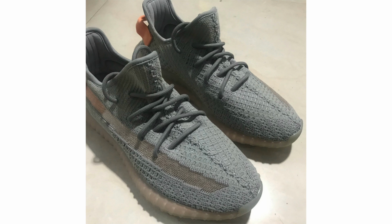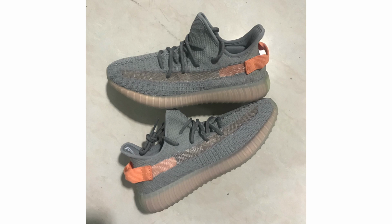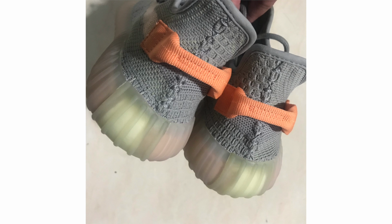shoes, they feature a dark shade of gray across the upper, and then we have that somewhat see-through stripe that runs across the panels, some orange on the side as well as the heel pull area, and then a Boost midsole. So as for the release information, they drop on March 16th. Retail price will be $220, and this is part of the regional pack, so this pair will only release in